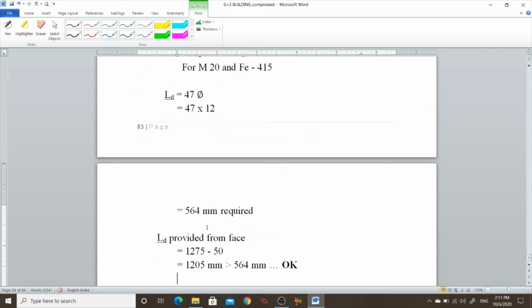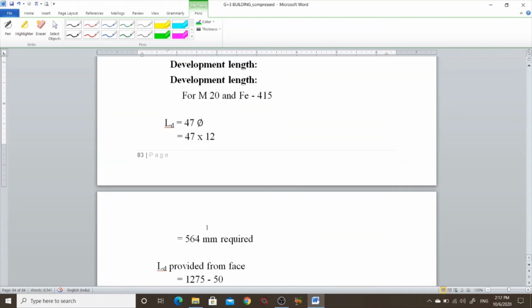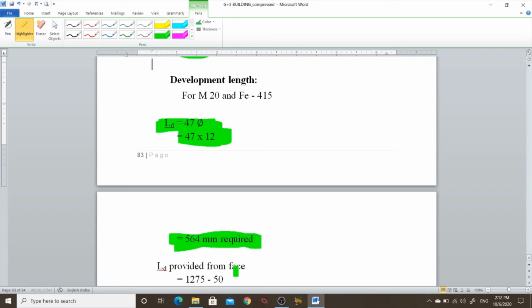Now we are going to check for the development length. The development length equation is 47 into diameter. The diameter we use for the footing is 12 mm. So required is 567 mm.